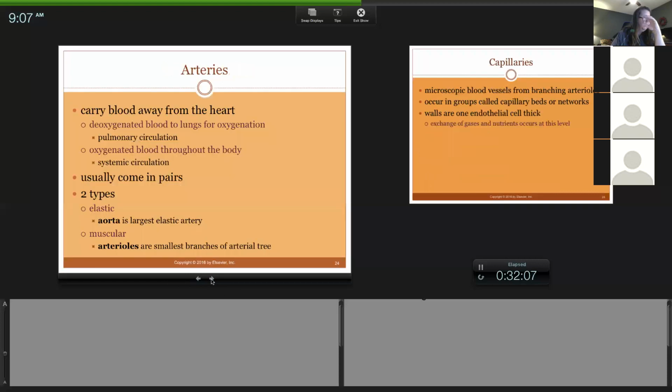So the other rule to think about for an artery, and this is important too: think artery, away. An artery is always carrying blood away from the heart. And this second line here, oxygenated blood through the body, systemic circulation. There is one exception to an artery that does not have oxygenated blood. Okay, if you go back to my picture,